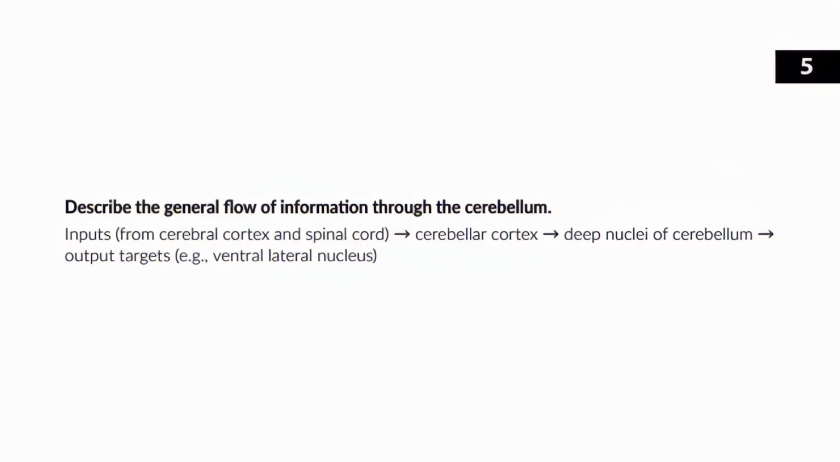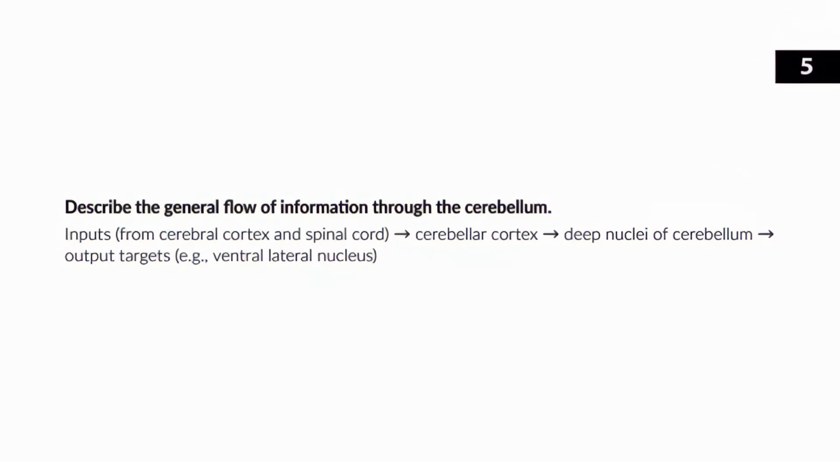The cerebellum receives input from the cerebral cortex and the spinal cord, and those signals go to the cerebellar cortex, and then that sends signals to the deep nuclei of the cerebellum. The deep nuclei are like an integration center for the cerebellum, similar to how the thalamus integrates signals from all over the cerebral cortex. And then the deep nuclei send output signals to the thalamus. We'll cover that output in a moment, but first, the next study guide question asks you to list the deep